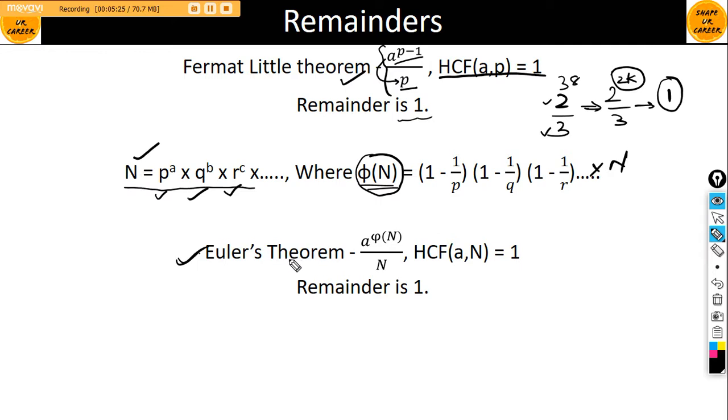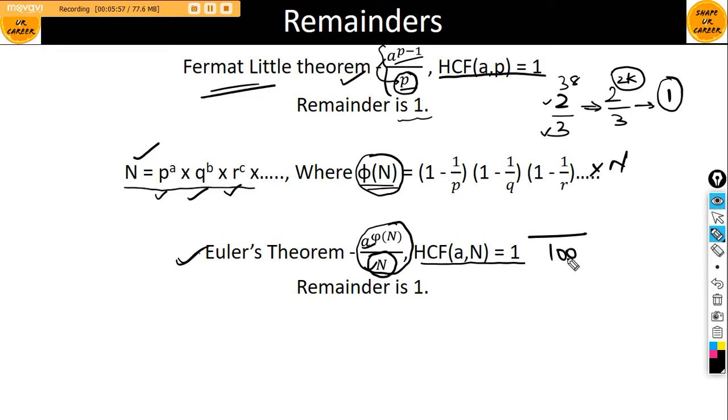So Euler theorem states a raised to power phi n when divided by n, remainder is always 1 if HCF of a and n is 1. Again, these two numbers should be co-prime to each other. Now Fermat theorem can be applied to prime numbers only, whereas Euler theorem can be applied to composite numbers as well, right? So if I take an example, let's say we have to divide a number